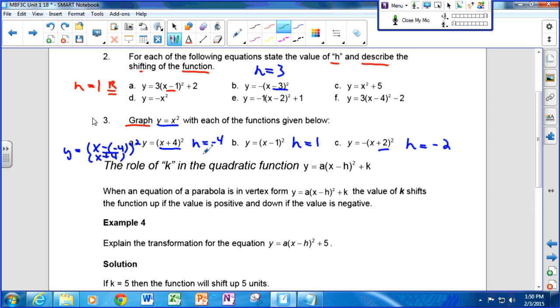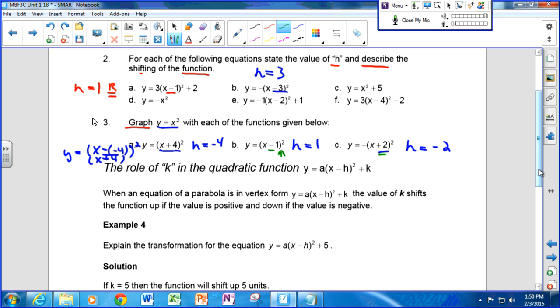So for B, our h value is 1 because this negative sign in front of it tells us it's a 1. I mean, it's a positive value. And whenever you see a plus sign in the brackets, you know that your h is going to be negative. So it's just one of those things that I really wish there was maybe a stronger explanation, but there really isn't. It's just a strange way that we interpret the h.